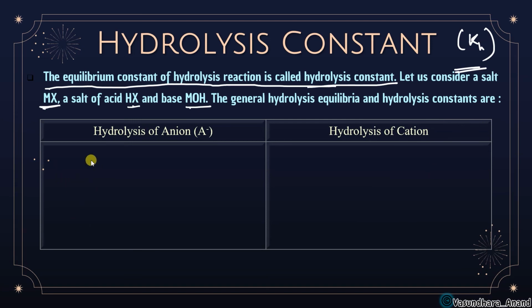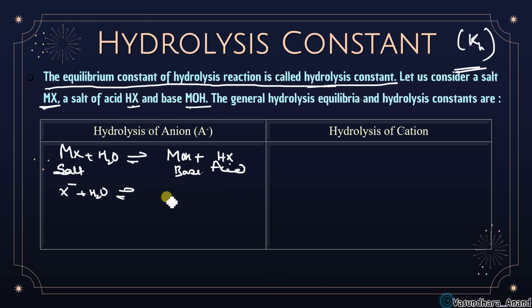Let's see. So if I will see that MX here, MX plus water, this is going to give you what? This will give you MOH plus HX, isn't it? So here it is acid and this is going to be base. Clear? This is a salt. So if I will find over here, so यहाँ पे like metal को अगर हम ignore करते हैं, we can do it. ठीक है. So because मेटल का यहाँ पे कोई रोल नहीं है, so we are considering that X minus and water that is going to give you OH minus over here and HX.